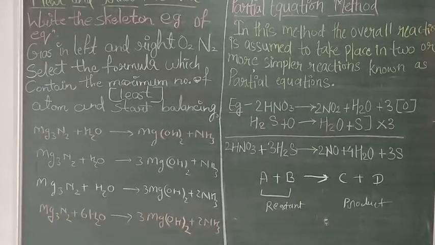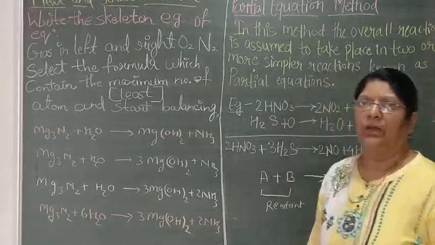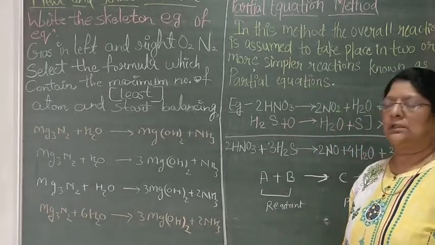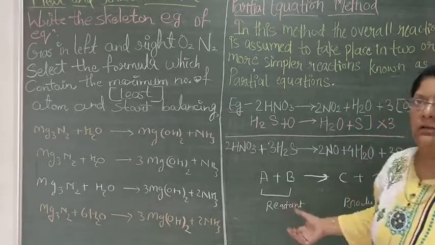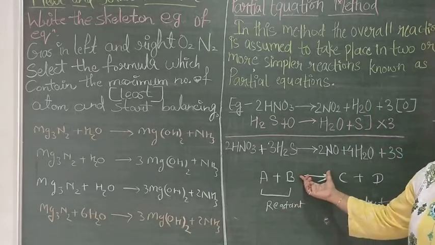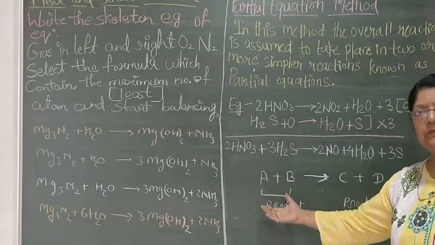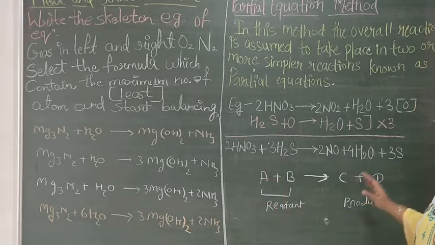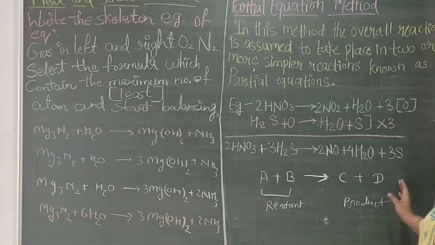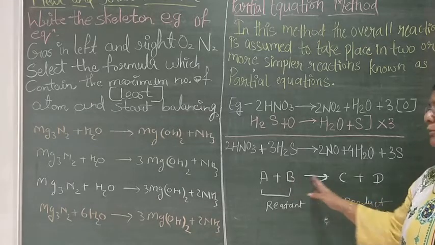11th class. Today we will talk about reactions and their types. Every chemical reaction is written in the form of reactants separated by an arrow and then products. Whatever we take on the left side will always be a reactant. Whatever we get on the right side will be the product, and this arrow indicates the completion of